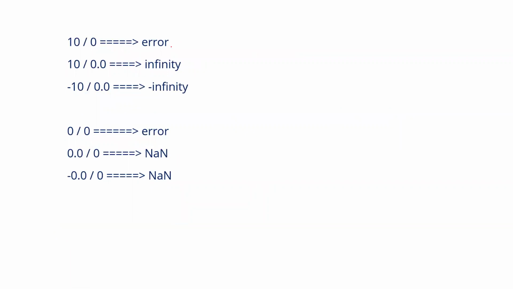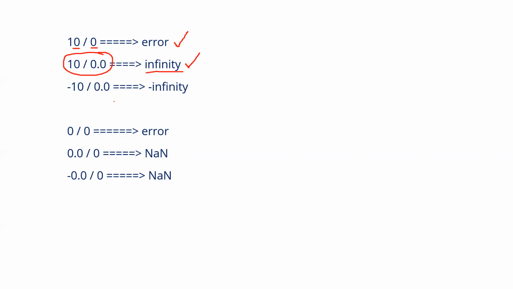Observe, whenever we are performing a division by zero operation, we often think that we will always get an error. This is not the case. Whenever I am performing division by zero between two integers, 10 is an integer, 0 is also an integer, I will get a runtime error, that is division by zero. But if any one of them is a double, which means any one of the numbers is a floating point number, then I will not get the error. Instead, I will get the value infinity. I will check these values in the compiler also, no problem.